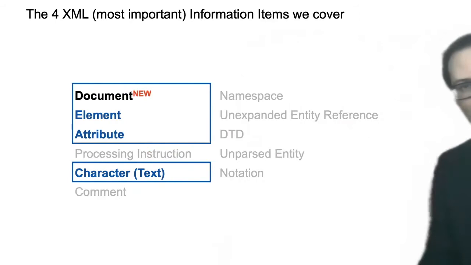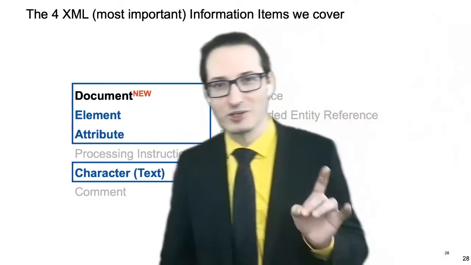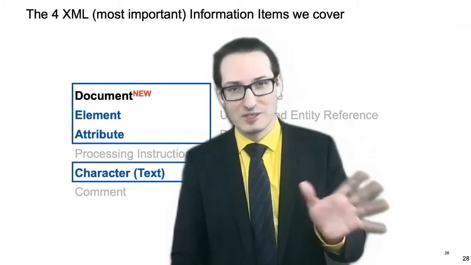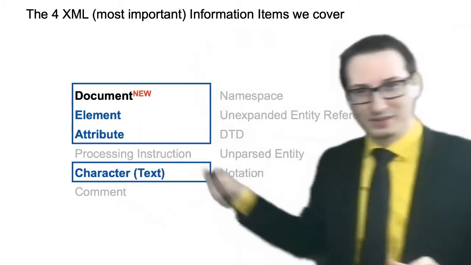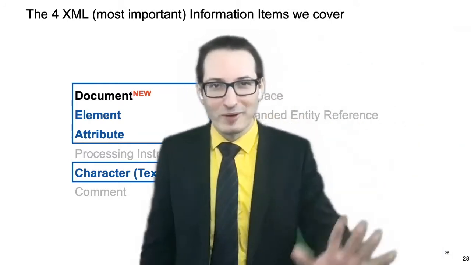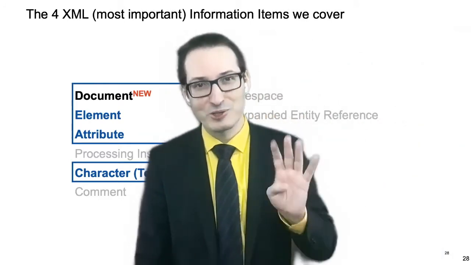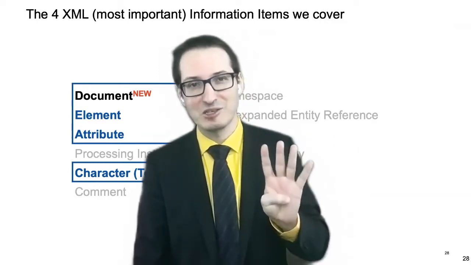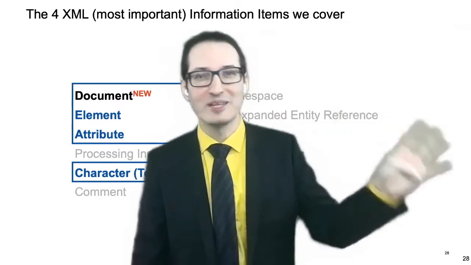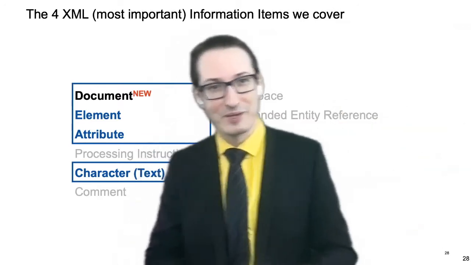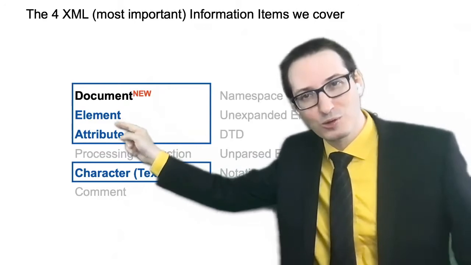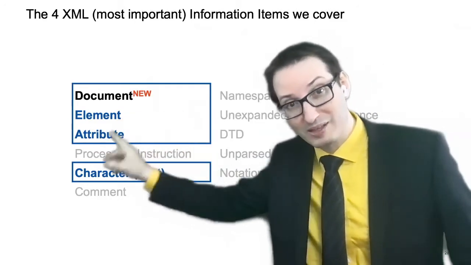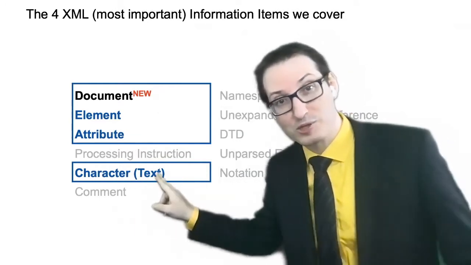All right, so here's how it goes. In this specification called information set, there's 11 kinds of nodes that you can have in the tree. They are here. But don't worry, we are not going to look at all 11. We are just going to look at 4 of them. That's already more than enough for what we need. And you will see that these 4 actually correspond to something we've already learned when we looked at the syntax. Because guess what? We have elements, you know elements, right? We looked at them 2 weeks ago. Attributes, you also know attributes. We looked at them 2 weeks ago. And text, that's also something you know, right?